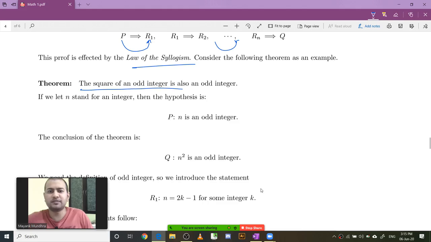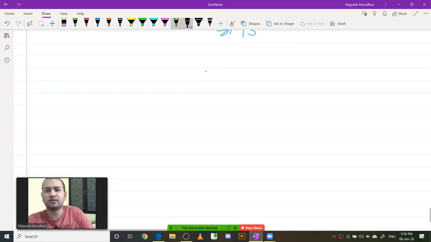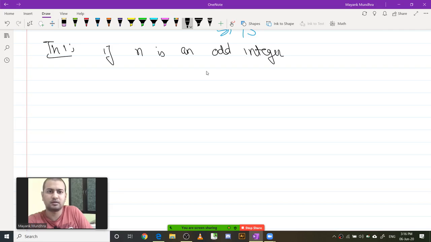So the theorem that we are going to prove using this direct proof is the square of an odd integer. We say that if n is an odd integer, the square of an odd integer is also an odd integer. So the theorem that we are trying to prove is: if n is an odd integer, then n square is an odd integer.